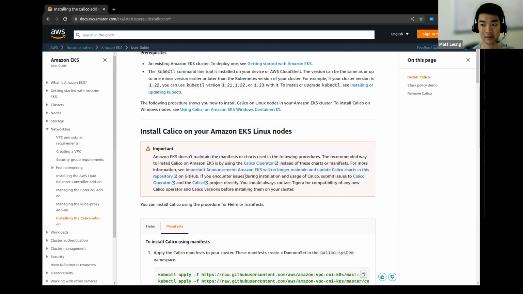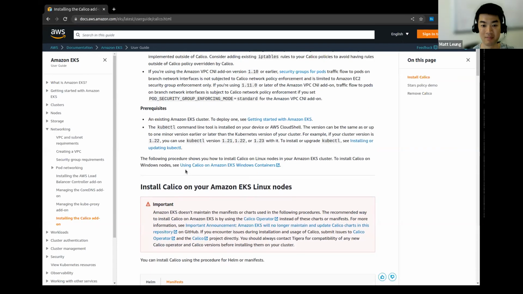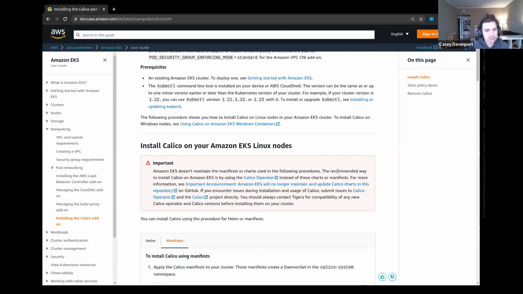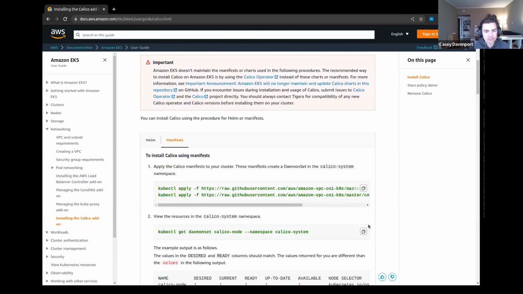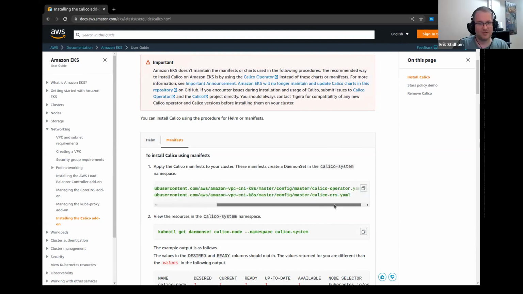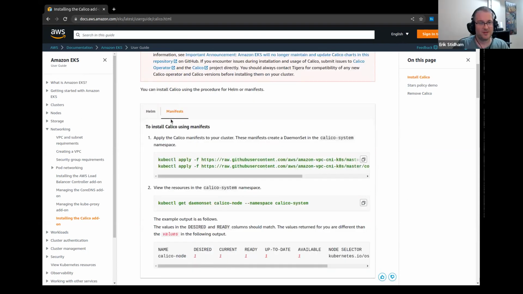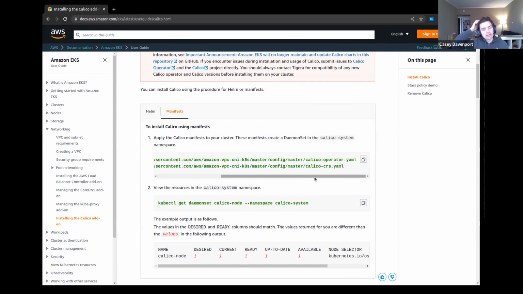Actually, on that same thing, Casey, can I just share real quick? Because I'm not sure that I agree. Right now, these manifests install are pointing to the Amazon VPC.